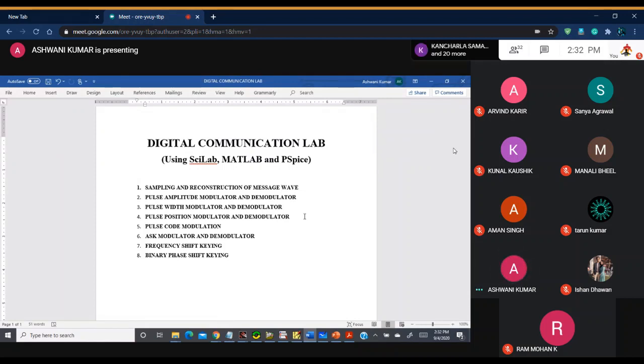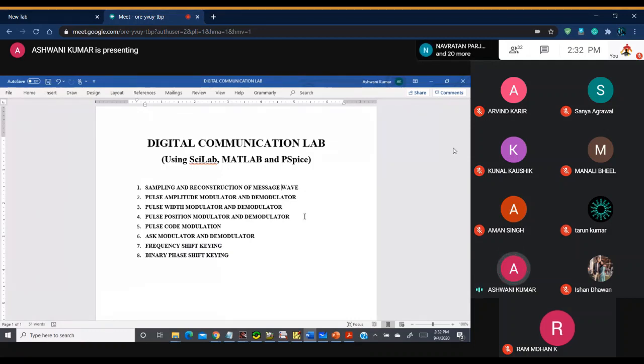So there are two shifts in the carrier. That will give you the binary. Similarly, we have QPSK, quadrature phase shift key, generally used in communication. So we can add that also in the list.